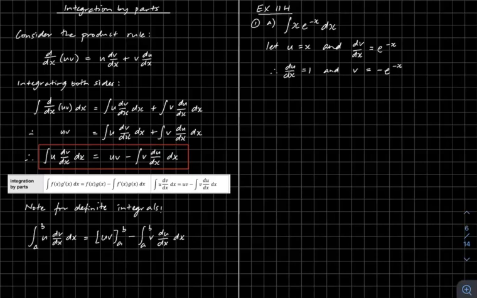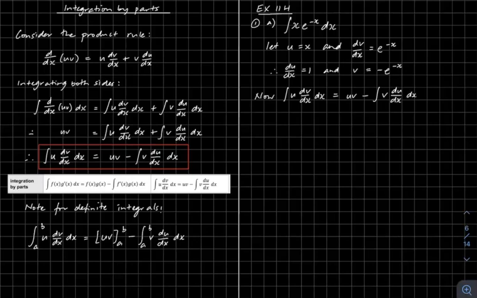Now e is kind of a nice straightforward one, isn't it? Because it sort of differentiates and integrates the same way. But notice that I haven't really come up with anything more complex by integrating that. If you're thinking, where's the plus c? Don't worry too much about it, because we'll add the constant of integration right at the end. Let me state my rule again. So I'm saying that if I integrate something of the form u times dv dx, then it's u times v minus the integral of v